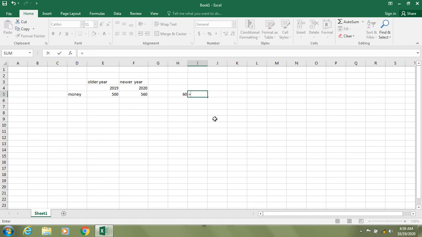We have equal sign here on the keyboard of your laptop, and we select this after equal sign, click the difference, divide by the older value. The older value was 500 last year, this is this year. Okay, we click enter,